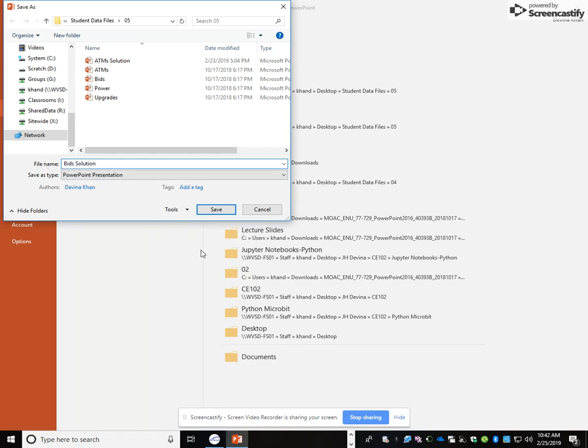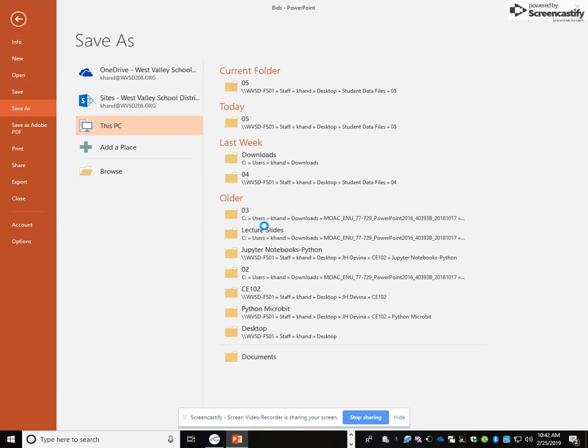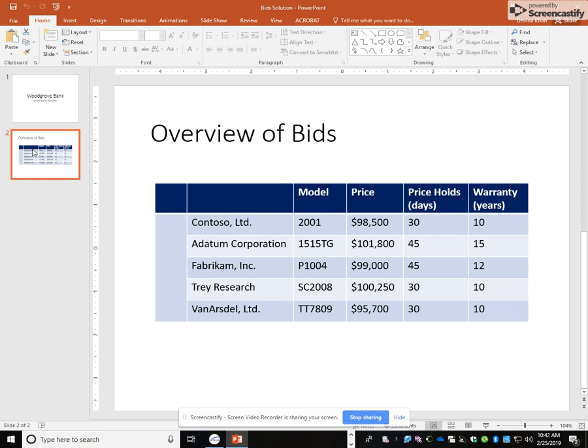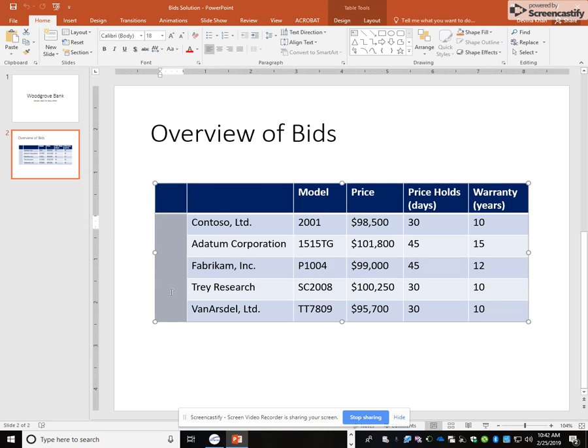Okay, save. Step number 3, click slide 2. Click slide 2 and click in the merge cell at the far left of the table. We learned how to merge cells in the previous exercises. So if you look over here, this is the merge cell. How do you know this is a merge cell? Well, you can see that there are rows here. There's 1, 2, 3, 4, 5 rows. But over here, you don't see the rows. It means that they have been merged. They should have been extended all the way to the left, but because they are not, this is a merged cell. All right, so we're going to click on here,